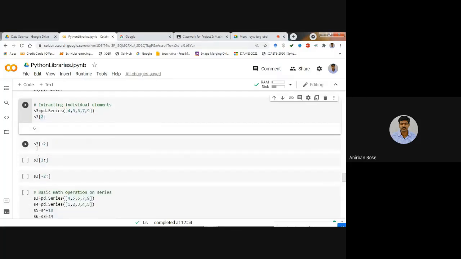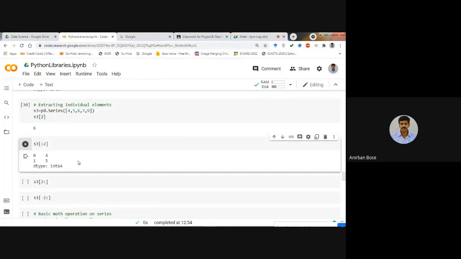Similarly, if you write S3[:2], it takes the values from the initial index up to the index just before 2. You know that for 3:4, 4 is not included. Similarly, :2 means index 2 is not included, so it takes up to index 1. If nothing is there on the left-hand side of the colon, it starts from index 0. That is why the values are 4 at index 0 and 5 at index 1.